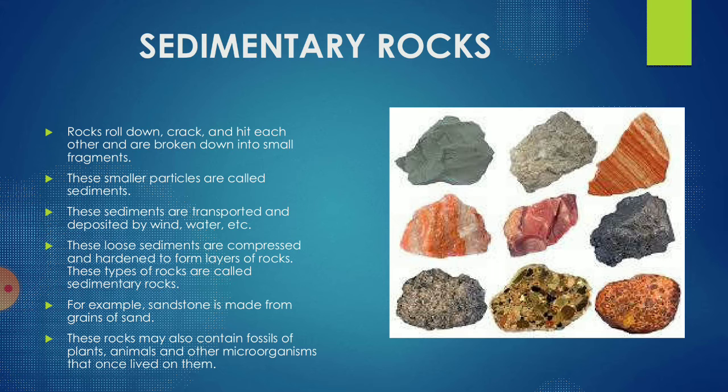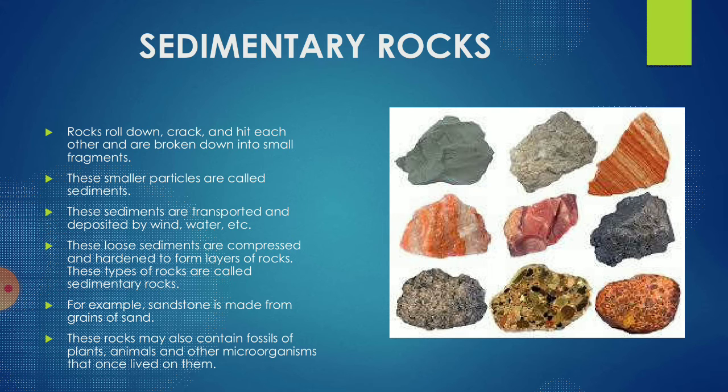These smaller particles are called sediments of rock. These sediments are transported and deposited by the wind, water, etc. These loose sediments are compressed and hardened to form layers of rocks. This type of rock is called sedimentary rock. So sedimentary rocks are formed either mechanically like sandstone, chemically like salt, or